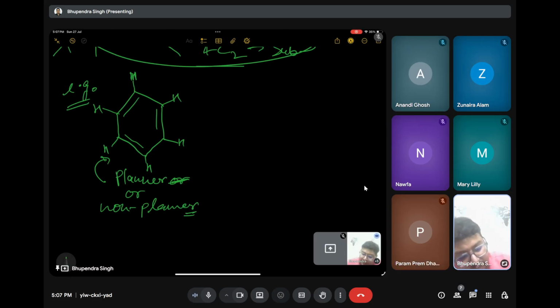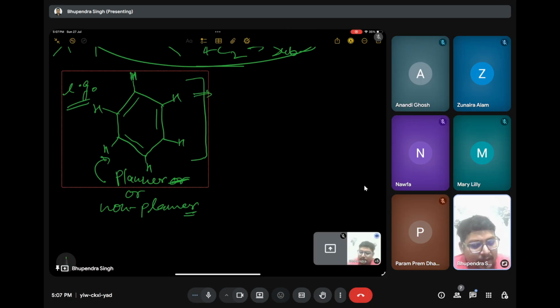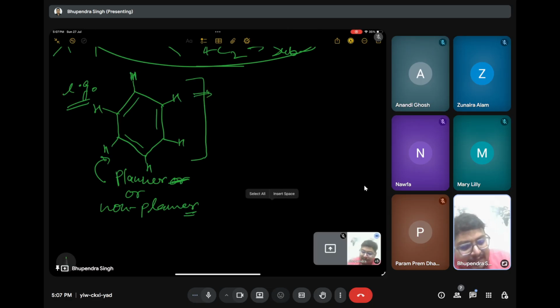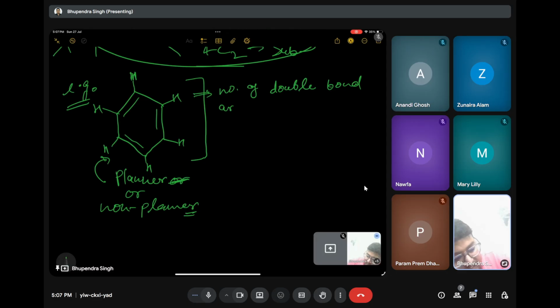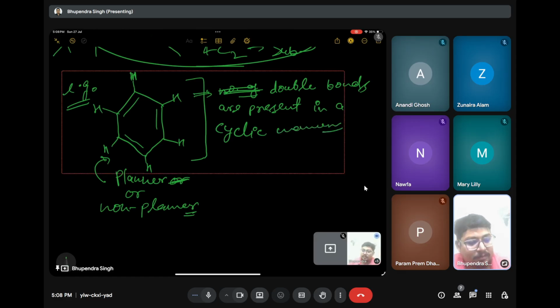There are plenty of reasons for this molecule to be planar. One of the reasons, in a very crude way, I could give you is that the double bonds are present in a cyclic manner. Probably, but